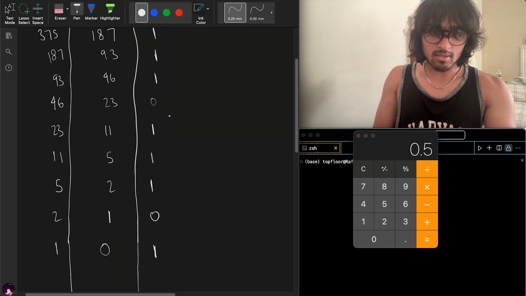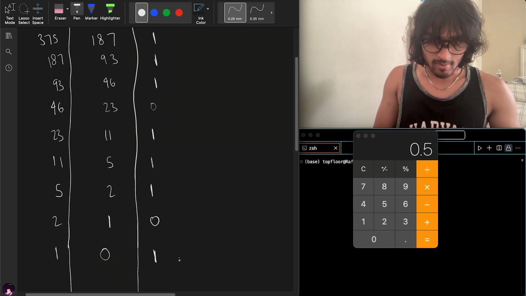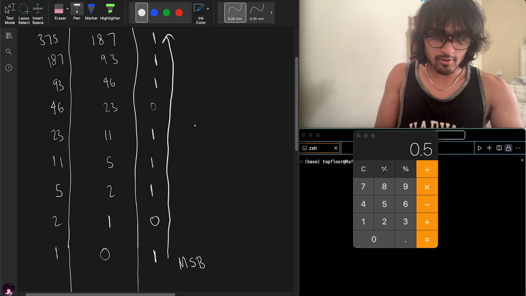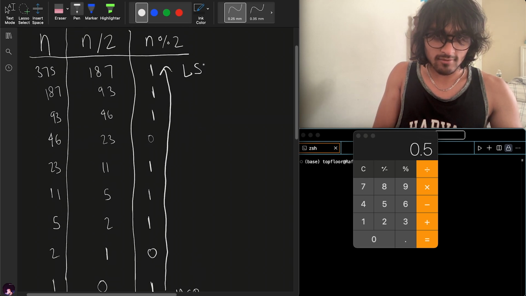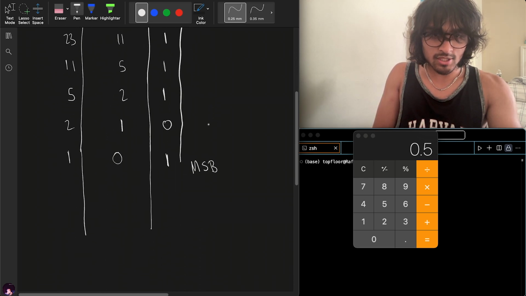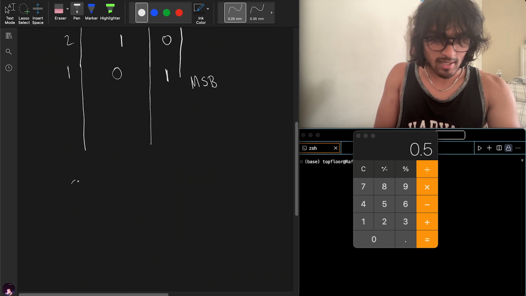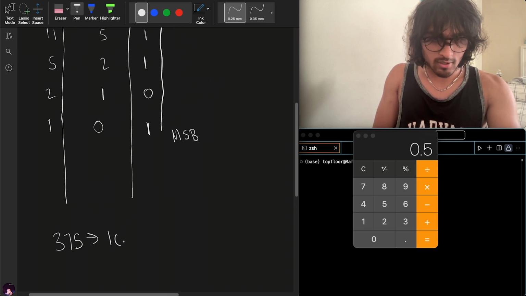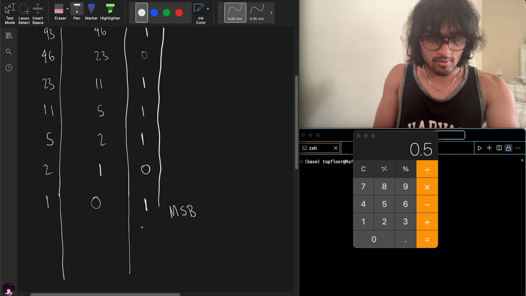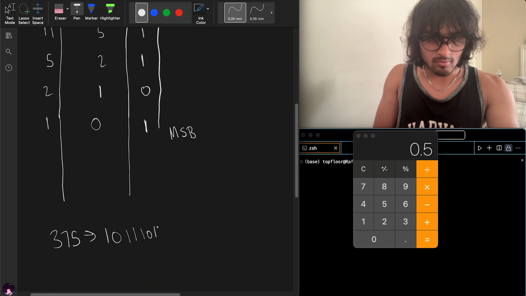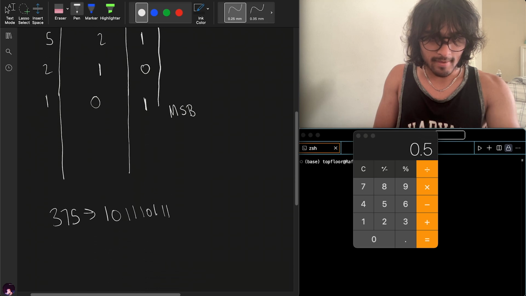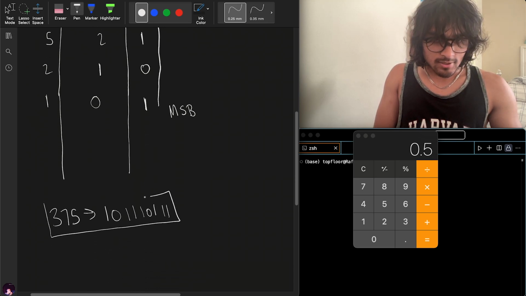We're going to read this from bottom to top, aka we're going to read from our most significant bit, as this is a bit, and we're going to read that all the way to what is called the least significant bit. So the conversion and answer to 375 converted to binary is the following: 101110111. And that is our answer